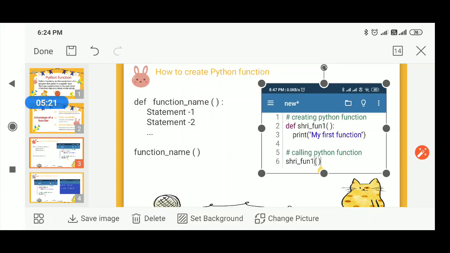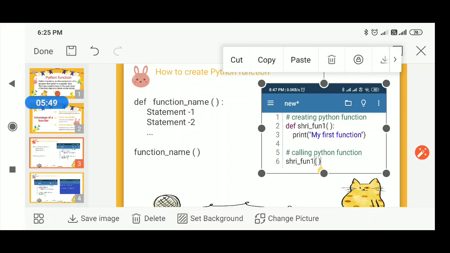After that, as a statement under this function block, it is written print my first function. I don't want to do anything else with this function, I just want to print this message. So I completed this function, and now the next step is to call this function.